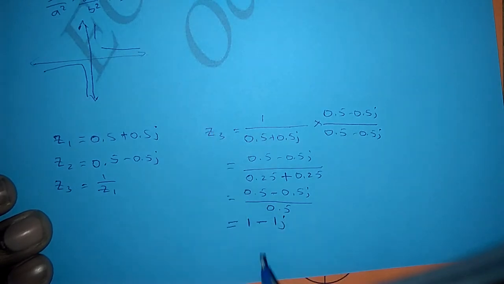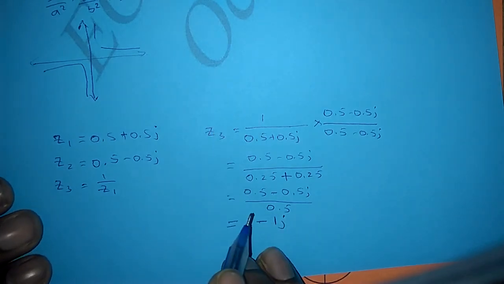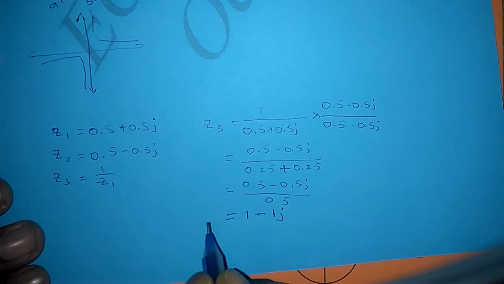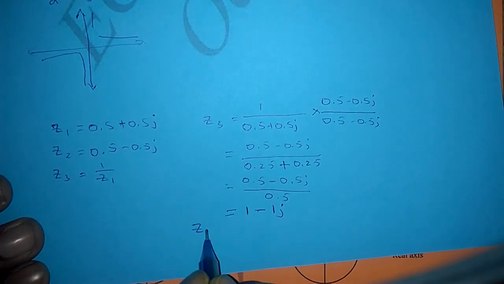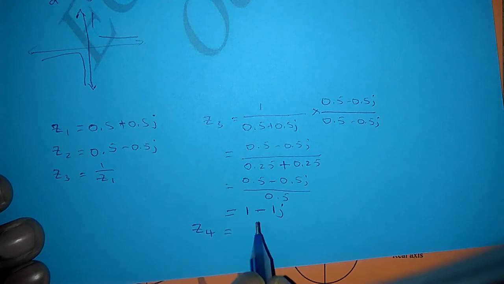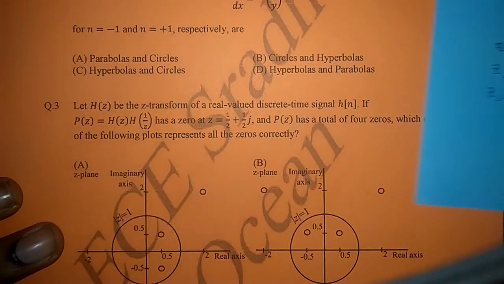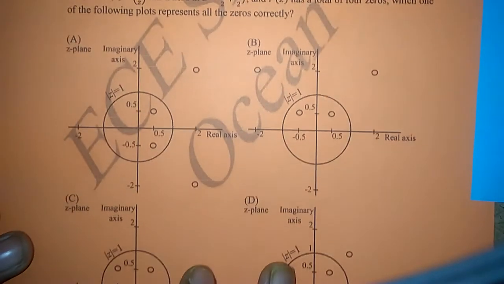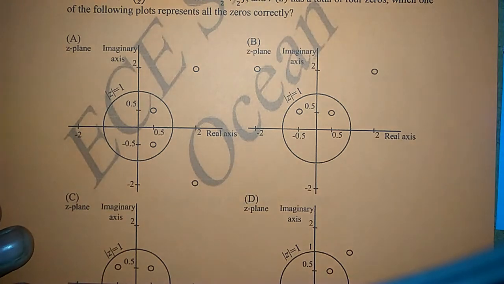So this is the third zero, and the fourth zero is simply its complex conjugate. So z4 is equal to the complex conjugate, which is 1 plus 1 j. So these are the 4 zeros. So if I verify in the options, see here,